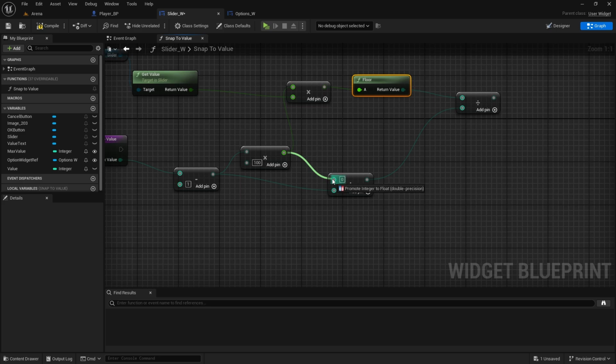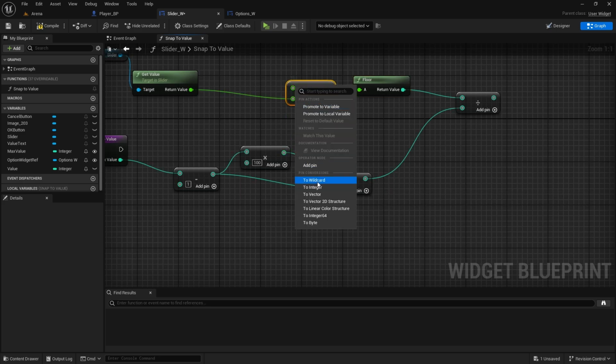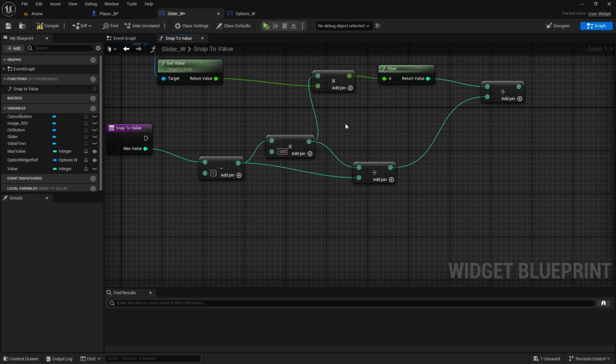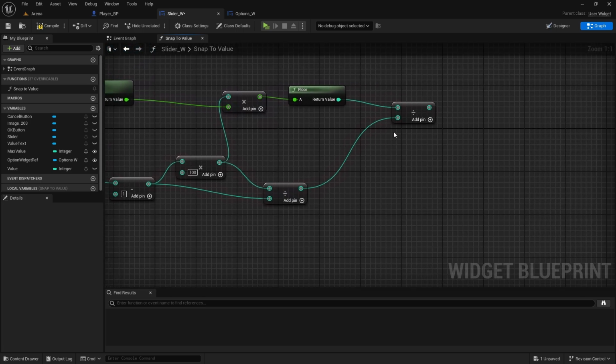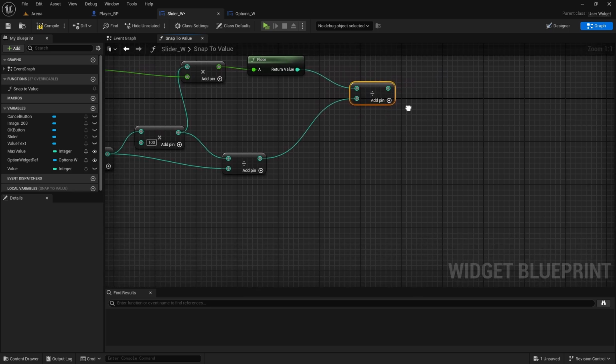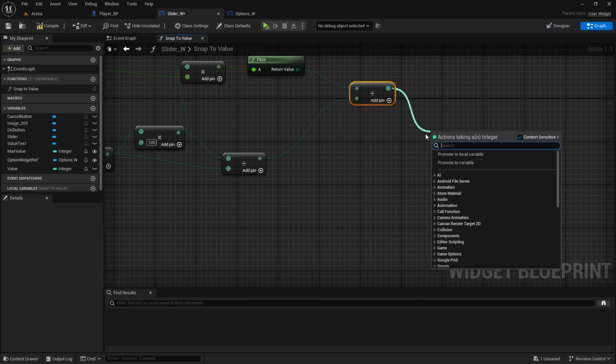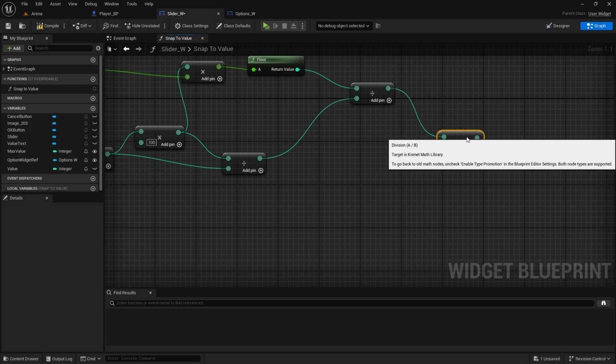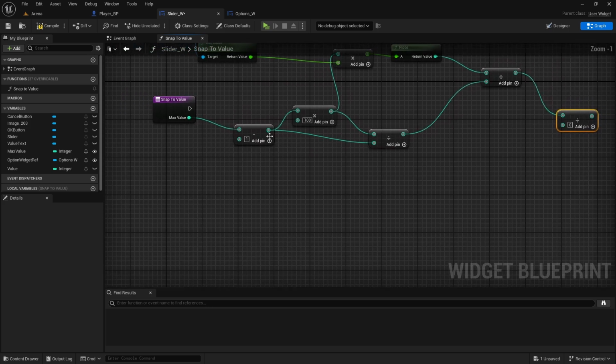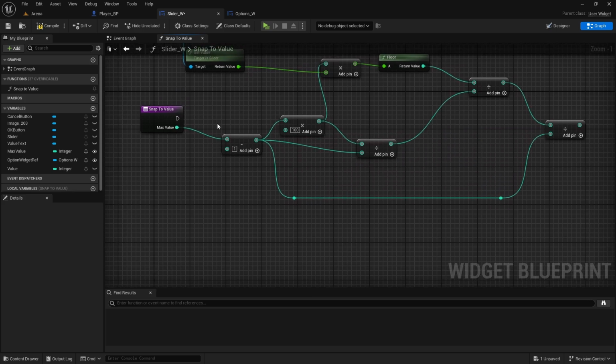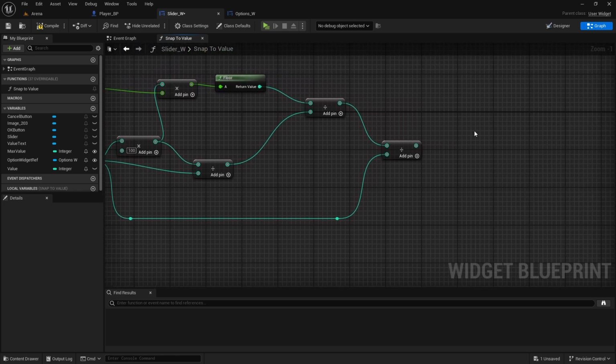Now this is a different type now. Convert it: right click on this and do to integer, so we can connect it here as well. And then once we have this, we will divide this one by this first value here. And max value we have connected. Now we will need to do a branch check,